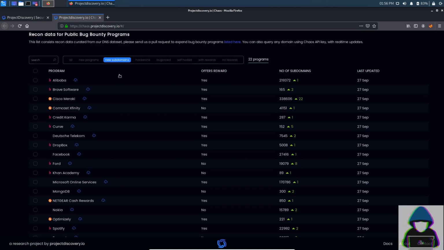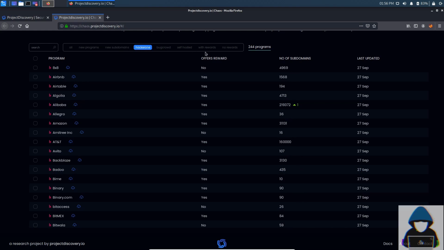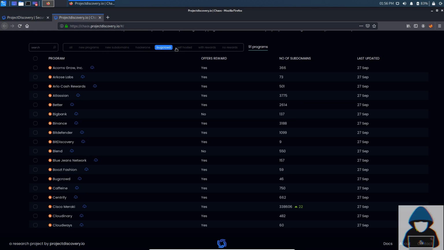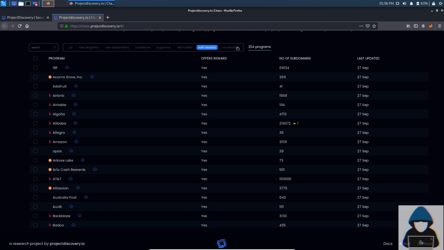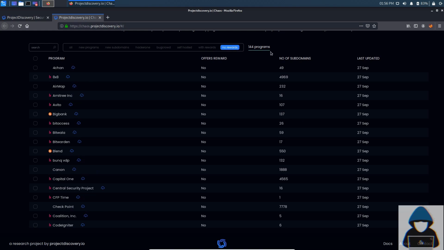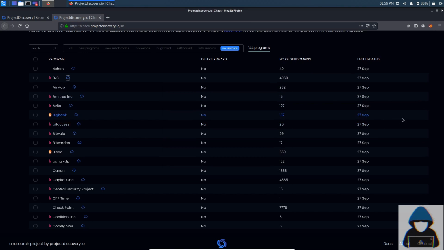We can even find all the assets which are in scope for a program with all their subdomains which have been enumerated by the Project Discovery team. You can also find categorical information about a program based on whether they provide bounty or not. We can download the program data just by clicking the download button which is present beside the program name.